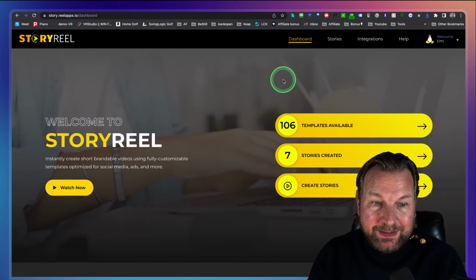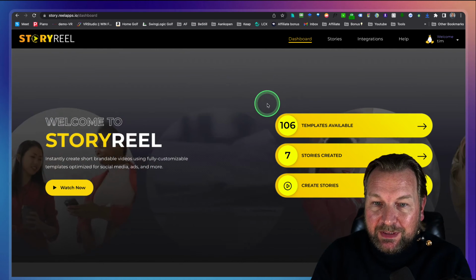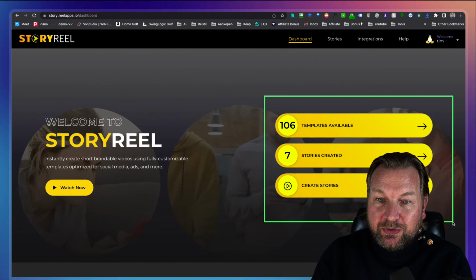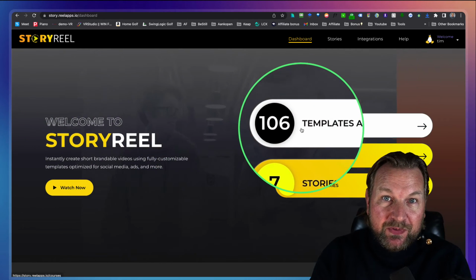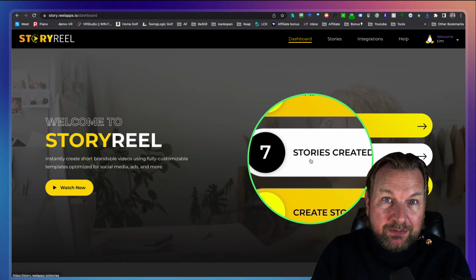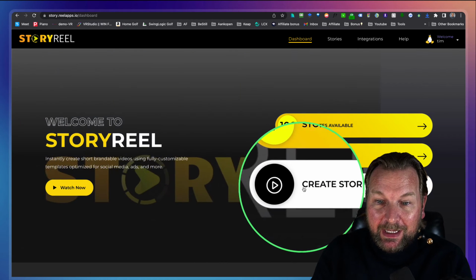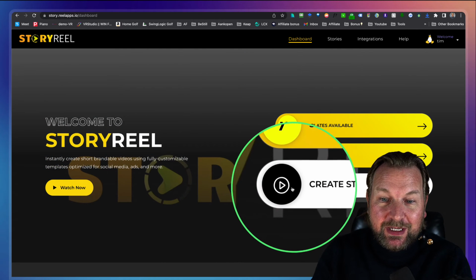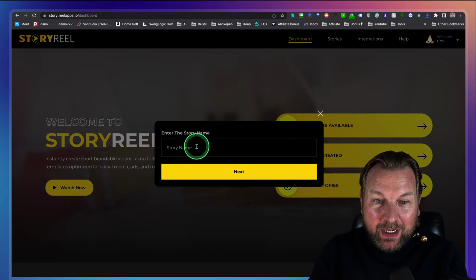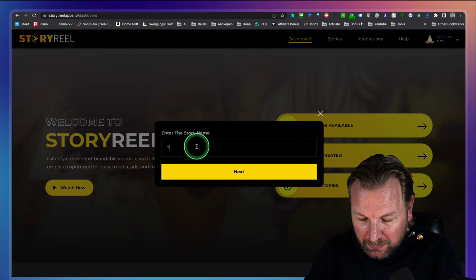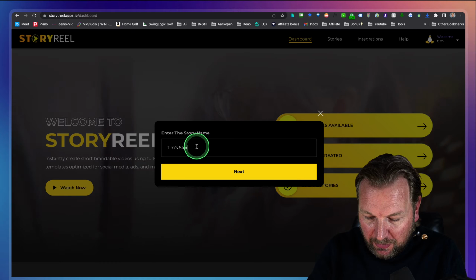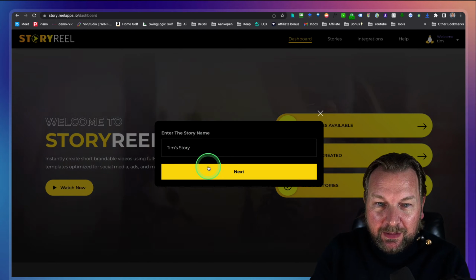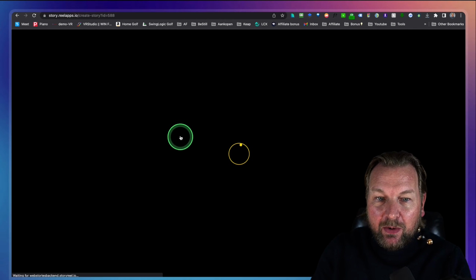Now, it works really simple. When you log into the dashboard, you have three options here. You can see the templates, the available templates. You can see the stories that I've created inside of the software. And this is a big button which says create story. So let's start by creating a story. So I'm going to call this Tim's story here, and I'm going to click next, and now I can start